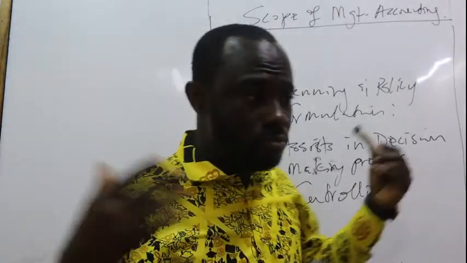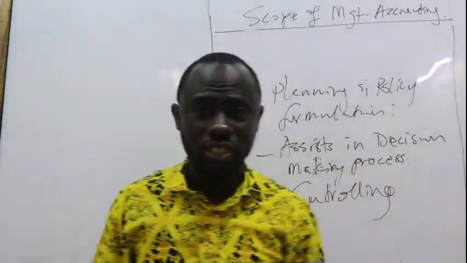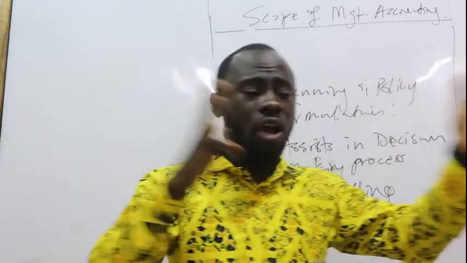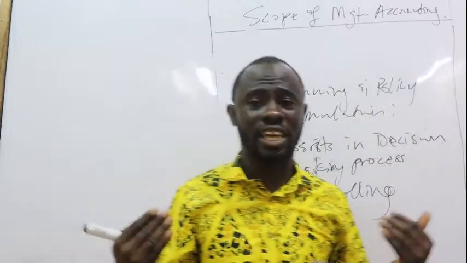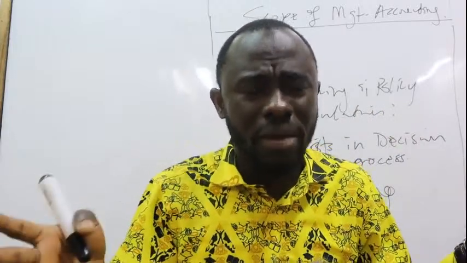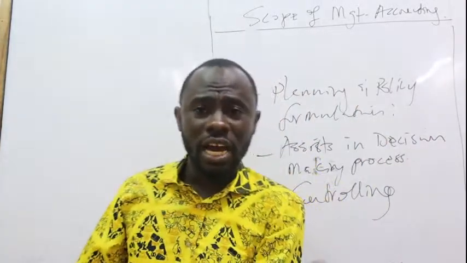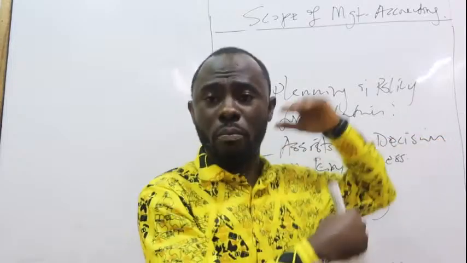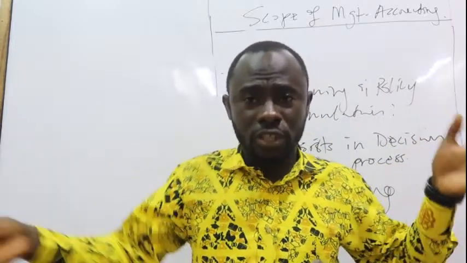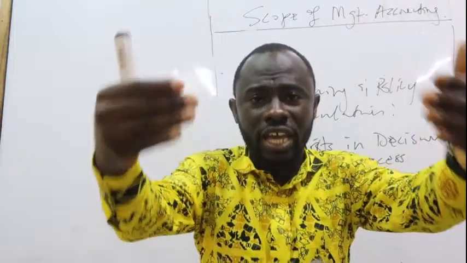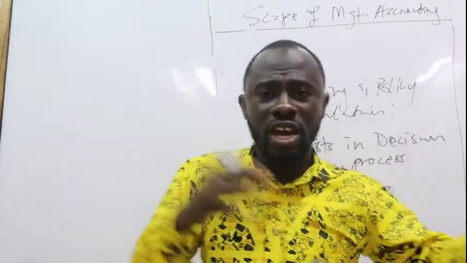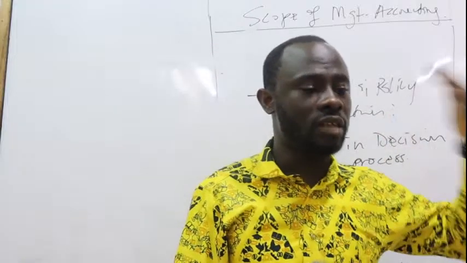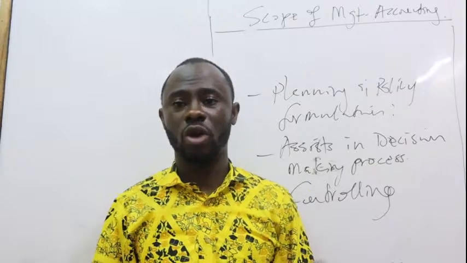Through management accounting, management is able to control cost, control how resources are utilized, and control how various activities are undertaken within an organization. Now, what do we mean by that? It means that through management accounting, we'll be able to set standards. Number one, once we set standards, we can compare the standard with the actual. Number two, then we can determine whether we are working or we are not working. Then various remedial actions can be taken, or policies can be made by management in order to maximize the welfare of the shareholders.